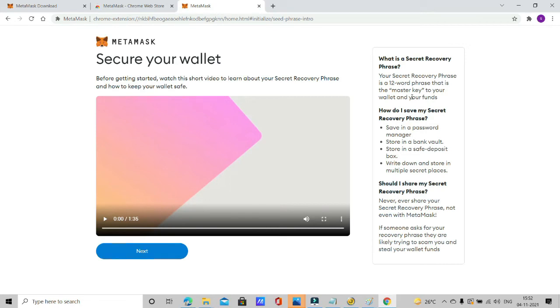Always make sure that you never forget this. Write this down and save it in a very, very safe place, and never ever share this with anyone, including people from MetaMask. If somebody is asking you for the secret recovery phrase, that means they are a scammer and they want to steal your crypto. So don't do that.